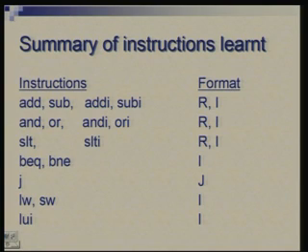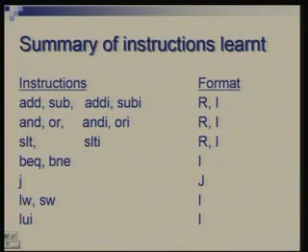For an unconditional jump, there is a J instruction or jump instruction. For moving data between memory and registers, there are load and store instructions. In particular, we have seen load word and store word, these two instructions. When you have to load a large 32 bit constant, we need to do it in two parts. First we use load upper immediate, which loads the upper half, and then you can put back the remaining half or the right half.